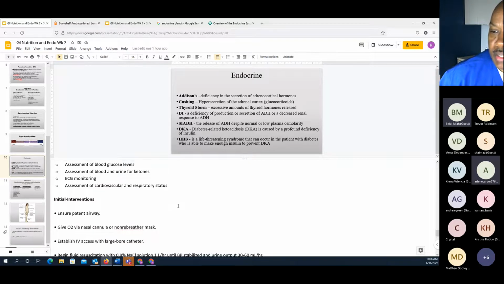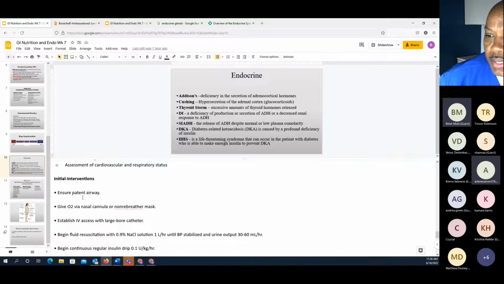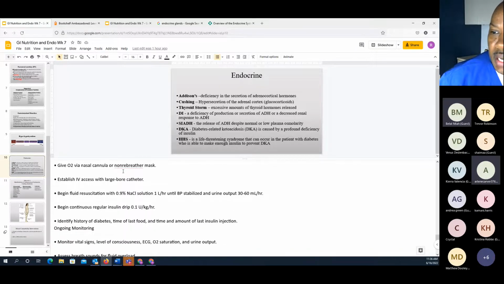Just make sure you take a look at the rest of this information. Look at the treatment here: ensure a patent airway. These patients may need oxygen, nasal cannula, or non-rebreather. Large bore IV fluids, because these patients need large amounts of IV fluids. Take a look at the fluids, normal saline,